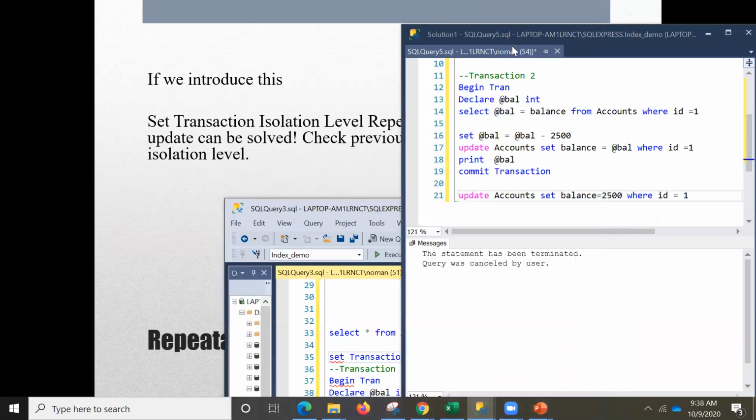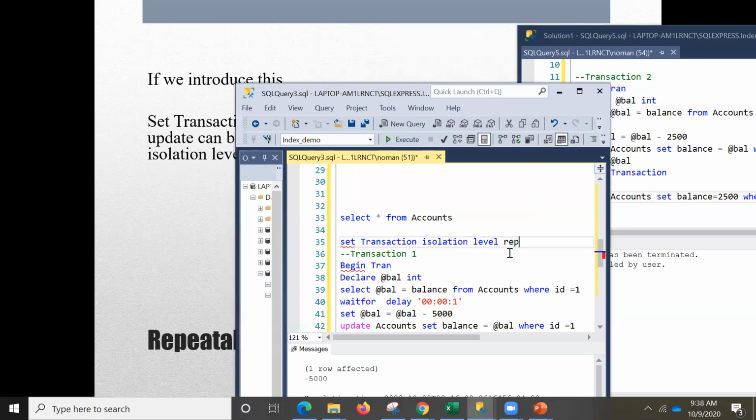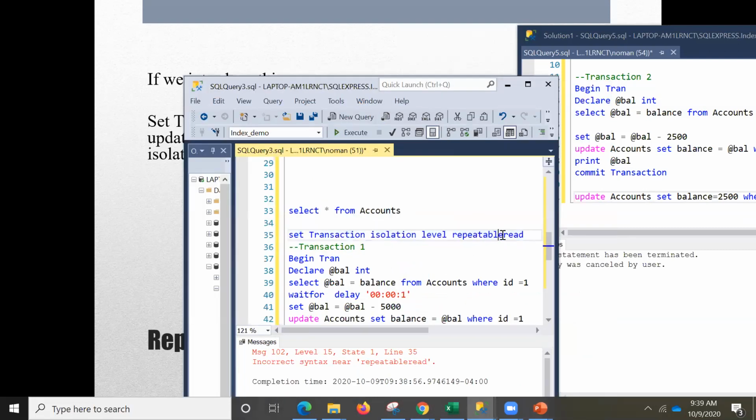It's repeatable read. Should be a single word, repeatable read. Yes, if you do that, and after doing that, for example, if you just run this one, okay, is that repeatable read two words maybe? Repeatable read, two words, syntactically it has to be.